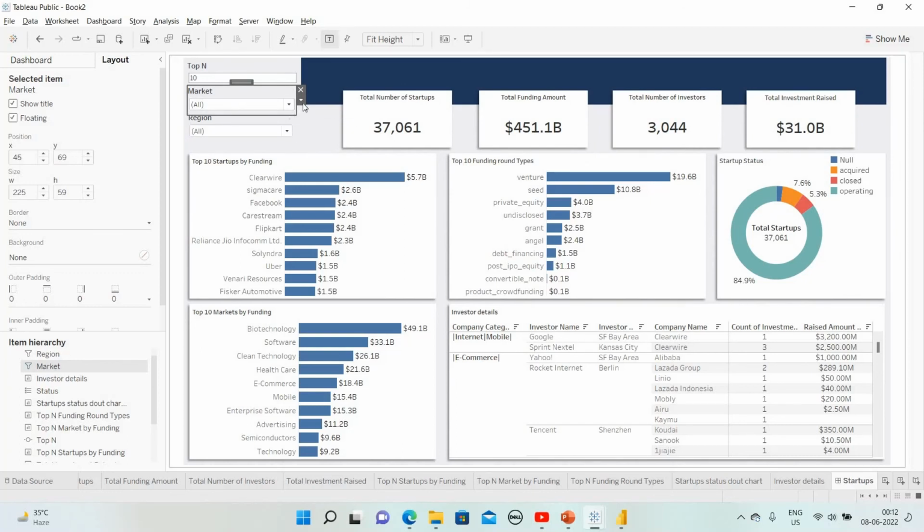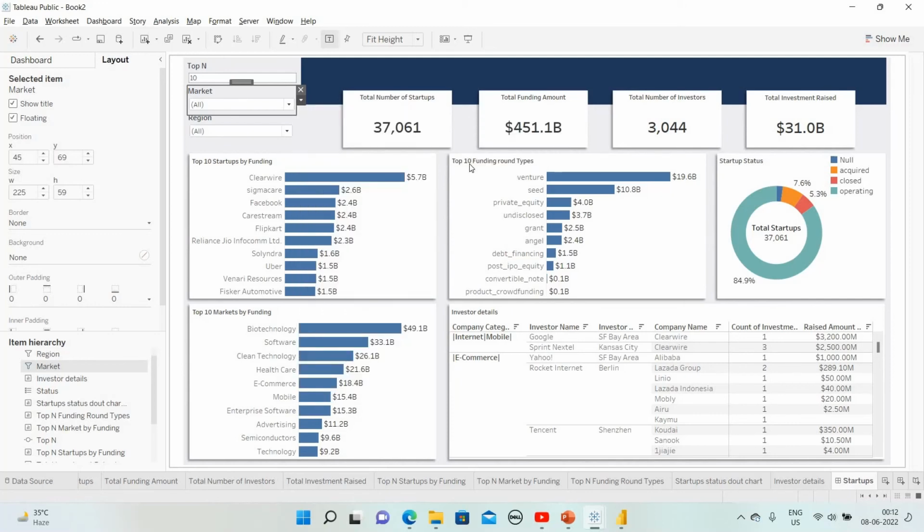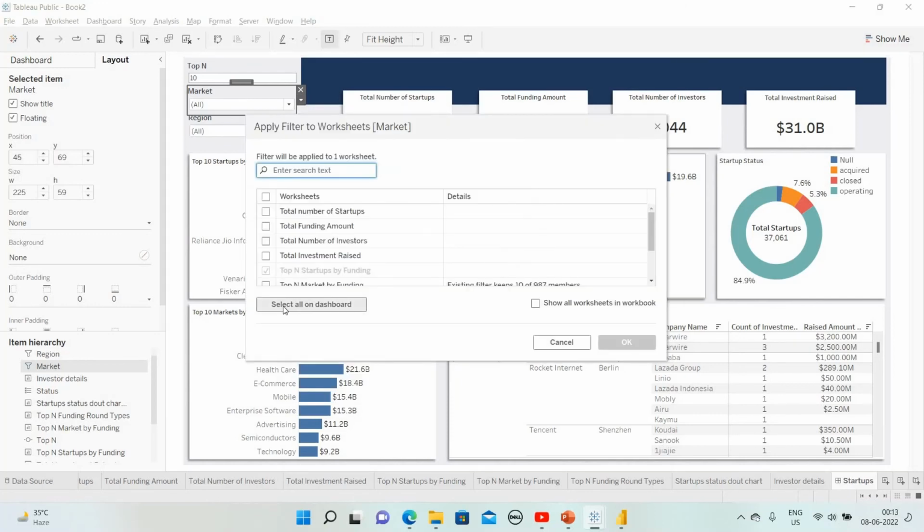Because as of now these are only aligned to this particular visual. So to do that, select the first market visual, go to apply to worksheet, selected worksheet, and simply select all on the dashboard. See, it is very simple. Select OK,